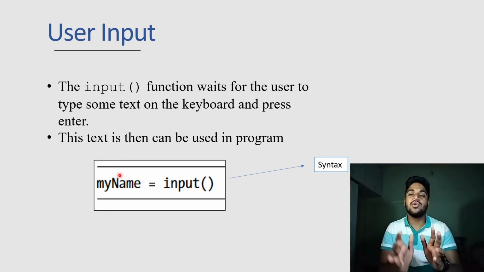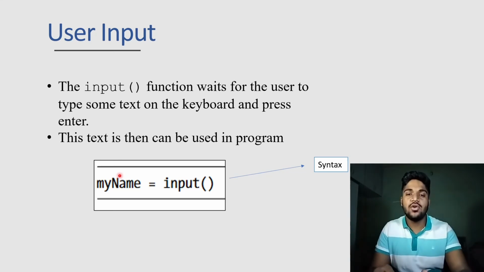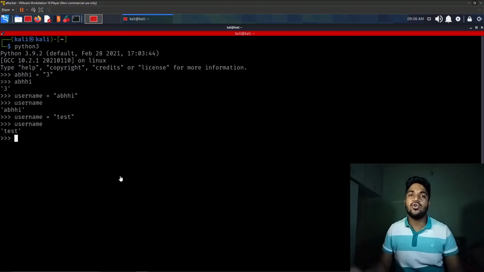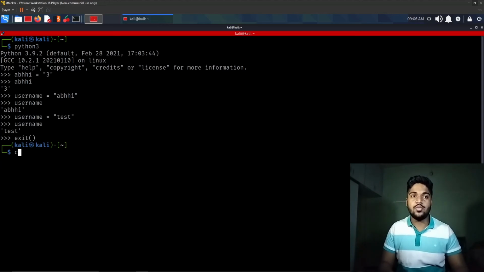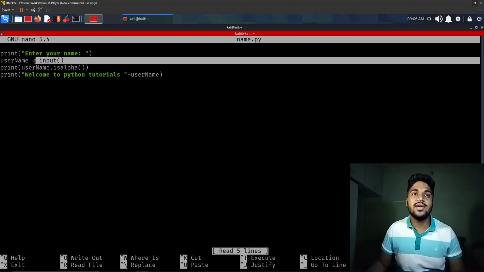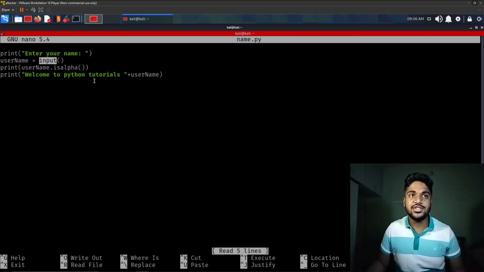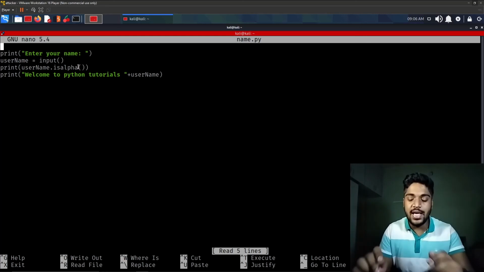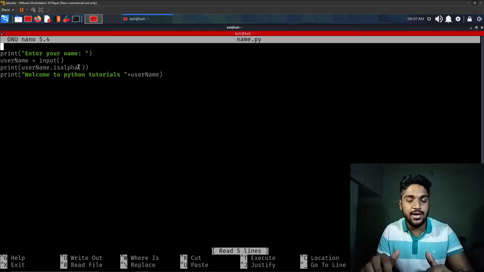Now let's talk about user input. If I want to take user input, we already saw an example of how we can take user input in name. This is how we can take user input using the input function, and unless we type something and hit enter, the program will stop at one place only.